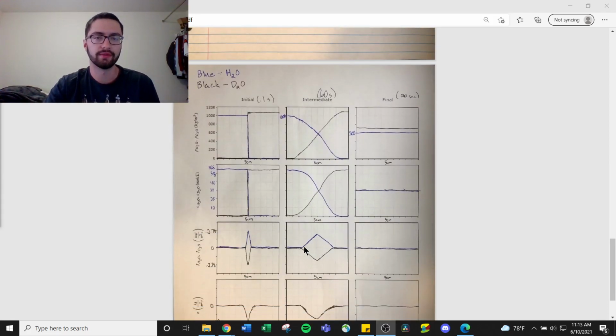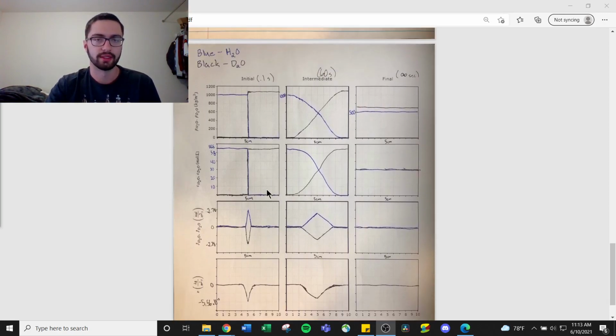And part 3 of this problem was to draw these graphs at the initial time, like 0.1 seconds, which is immediately when diffusion starts, the intermediate, which is 60 seconds in, and the final, which is just when diffusion is over. So initially, and I don't know if the color's coming out well, the blue is the water and the black is the D2O. Initially we have the water on the left, and its mass concentration over the left half of the capillary is 1,000 kilograms per cubic meter, and then on the right we have the